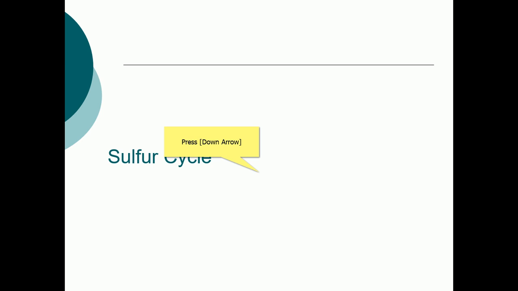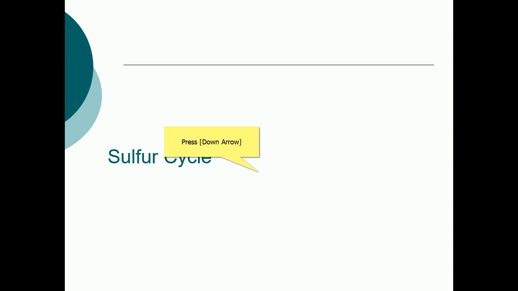Here we'll talk about the Sulfur Cycle, and just like we discussed in the previous classes, we're going to discuss it on the basis of the definition, the reservoir, maybe the biological role of sulfate, the sulfur in biological systems. We'll talk about the cycle, and then the impact of humans, and then the consequences of the impact.